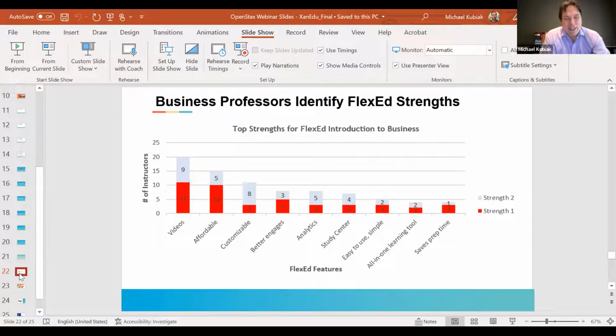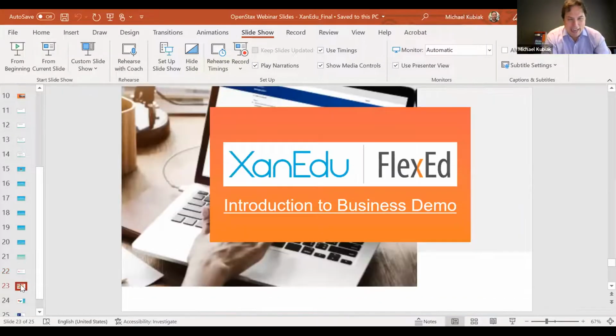So we wanted to share with you that quick snapshot so you could all think for yourself as well, which of these features or strengths feel most important to you and may solve any pain points that you have as you're thinking about your planning for this summer or fall semester. And so with that, I am going to jump over to the FlexEd platform. And while I do that,